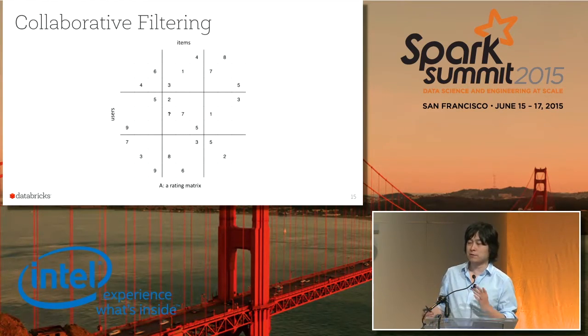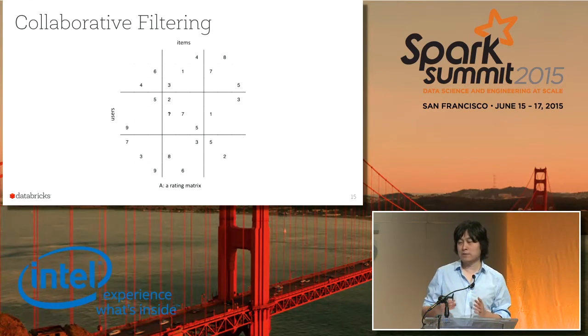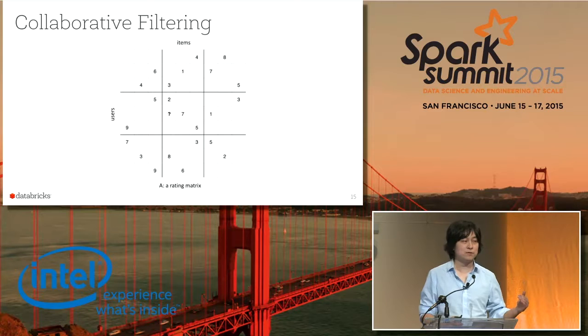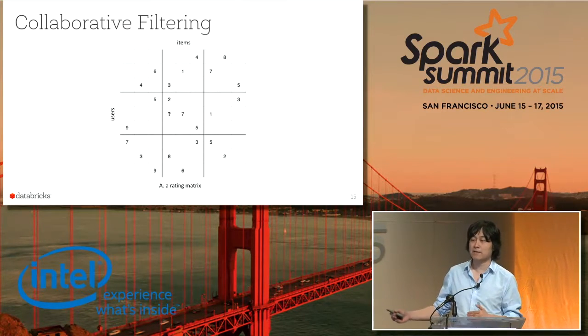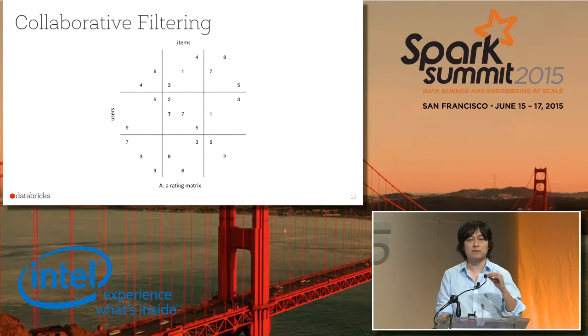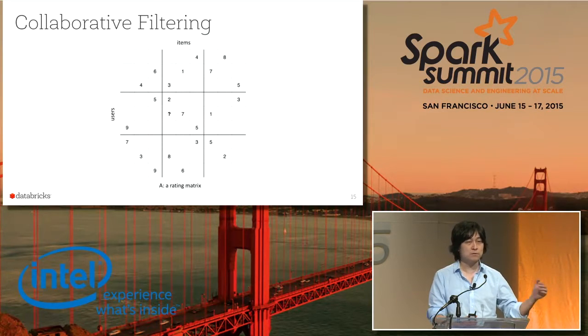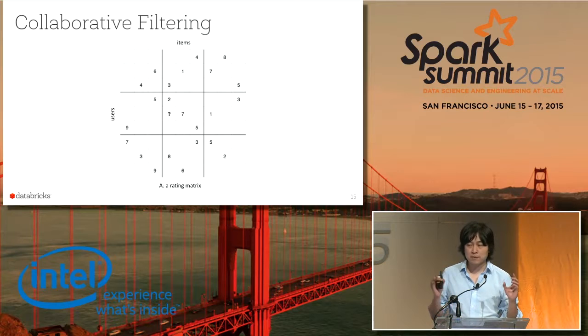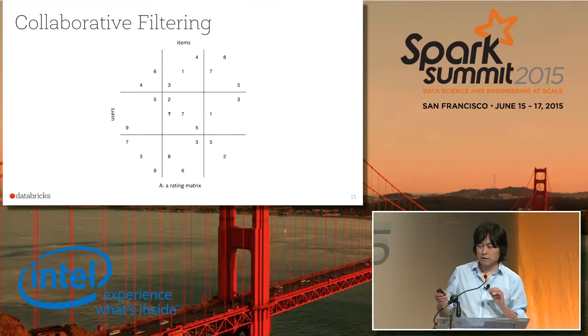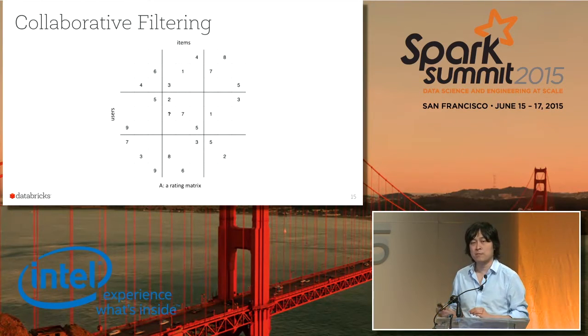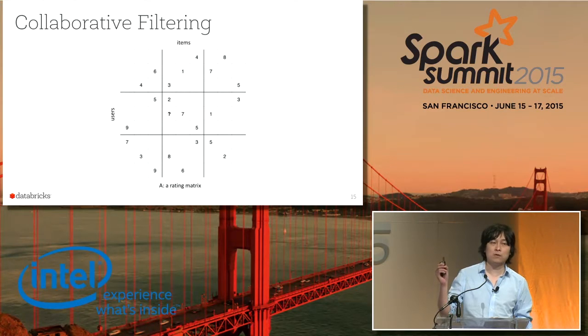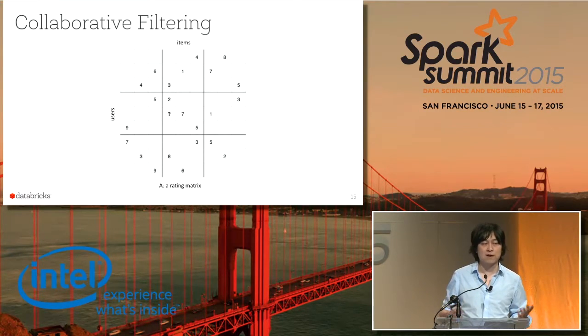And this is a rating matrix of 9 rows and 9 columns. Each row represents a user, and each column represents an item. Basically, each element in this matrix means a rating from this user to that item. And the recommendation problem is, in the middle cell, I put a question mark. Can you give me a good estimate of what value it should be for this position? Basically, I'm asking how likely this user will rate this item, maybe 5-star, 4-star. So based on that, I can make a recommendation.